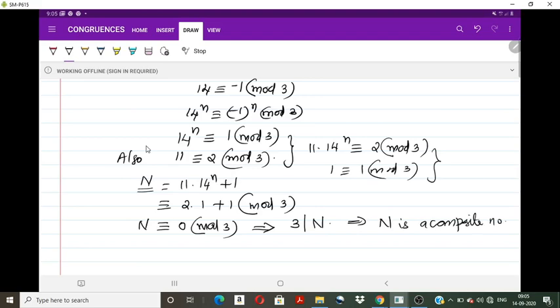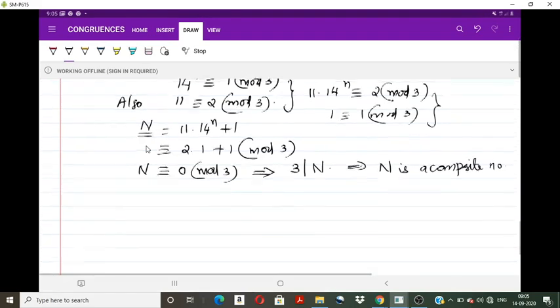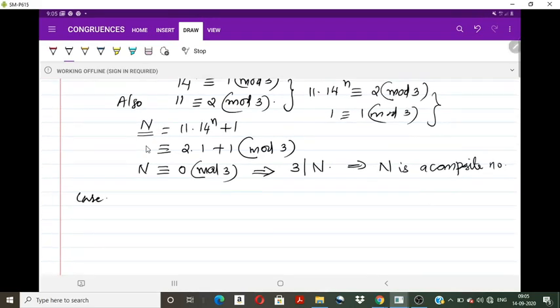That is, if small n is even, then capital N is a composite number, since 3 is a prime number which divides N. Now we consider case 2: n is odd. So if n is odd, we have 14 raised to n congruent to... sorry, instead of this 3, we can try with the 5. So if n is odd,